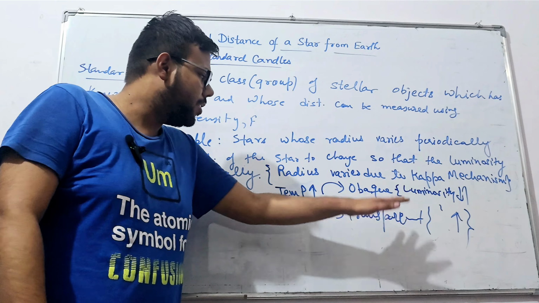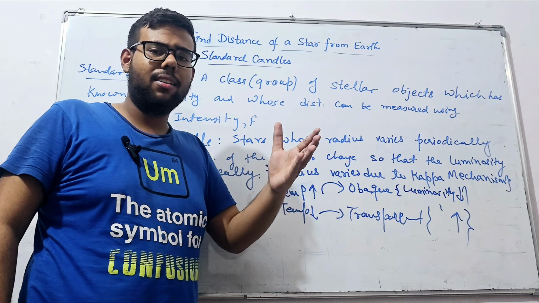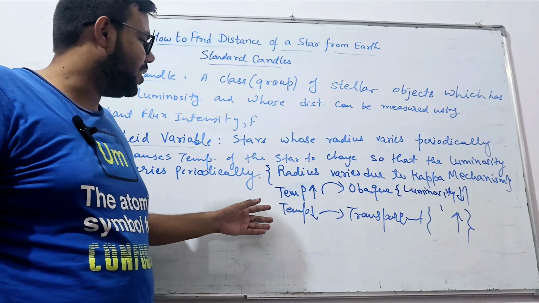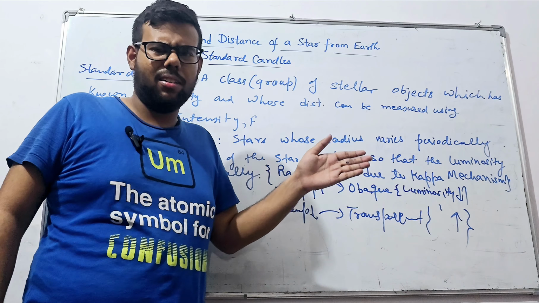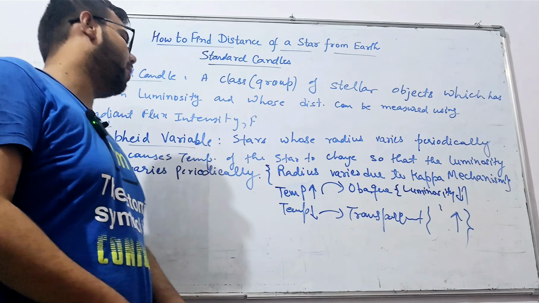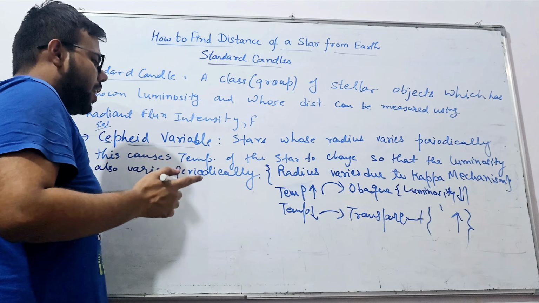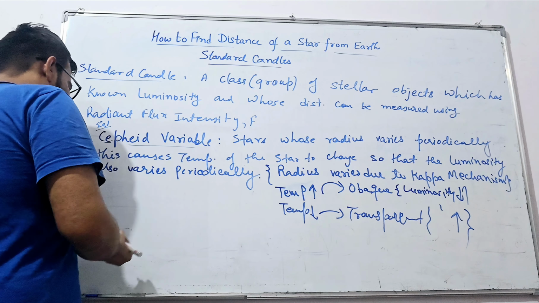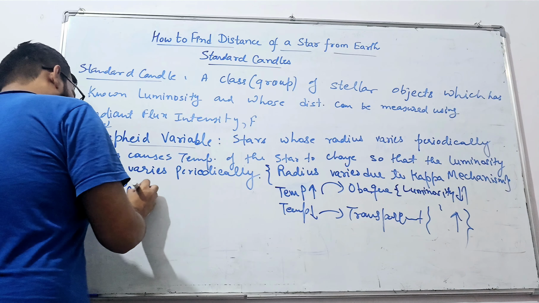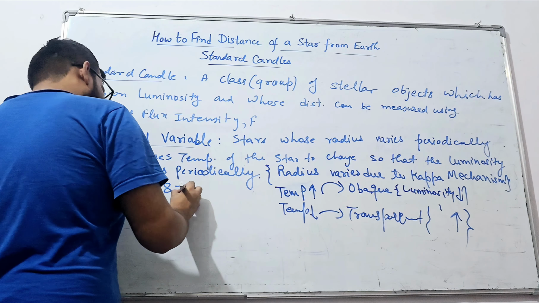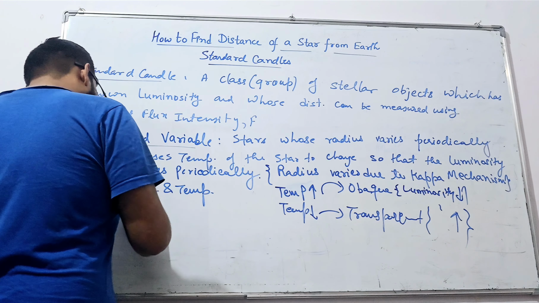So this is the fact behind the Kappa mechanism and why it happens. Of course, it is restricted to the outer layer of the star. So the radius is increasing due to the outer layer expansion and contraction, right? One more thing I need to tell: if you want to write, you can say opacity and temperature vary